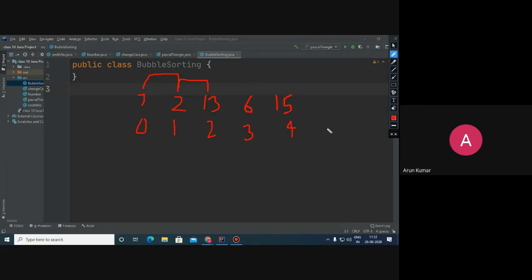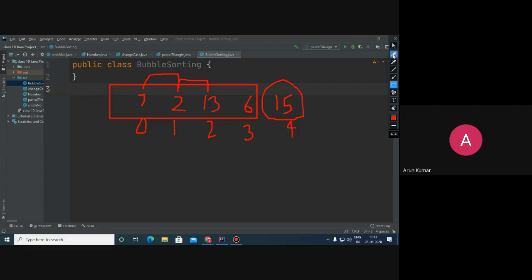Children, this is the end of phase 1. And after phase 1, you have discovered that the largest element has come at the last index. Now, in the beginning, I told you that there will be 5 phases. So the first phase is over, and now the second phase will start. In the second phase, we will be considering only these many elements because the last element is already the largest one. So no need to include that element within this phase.